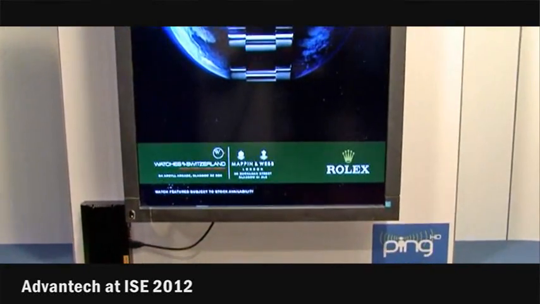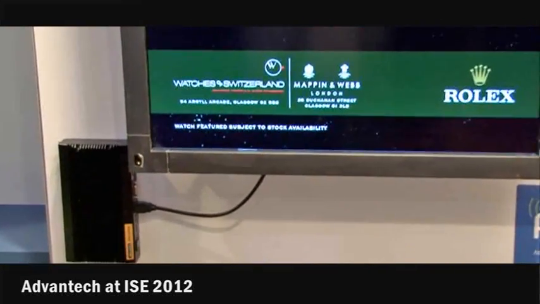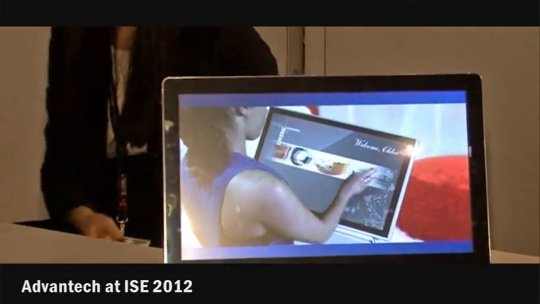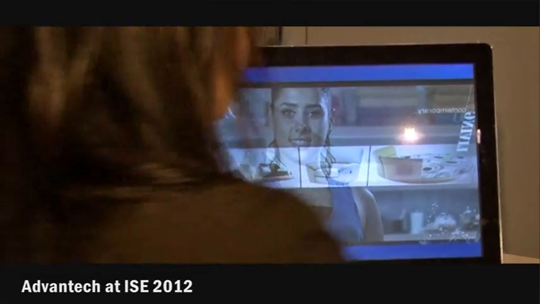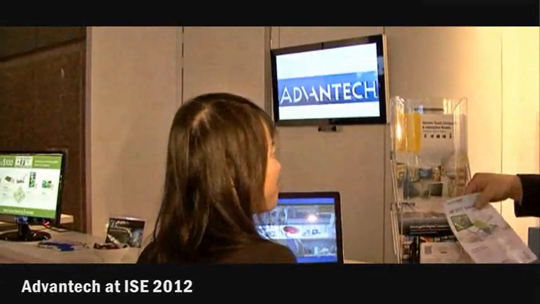I'll mention that another important part related to the total cost of ownership is the after service, the monitoring of digital signage systems. Where Advantech is really strong at the moment is this: normally in a signage solution, if a system breaks down, very often you have to send an engineer to the location to check what's going on with it.